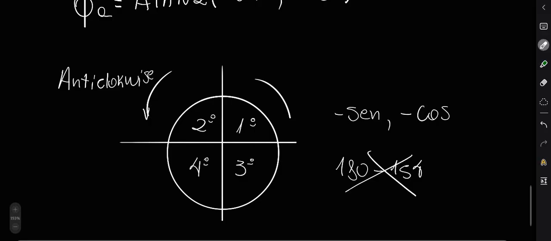And here is clockwise. If it was clockwise, it would be 180 minus 154, but as this is anti-clockwise,